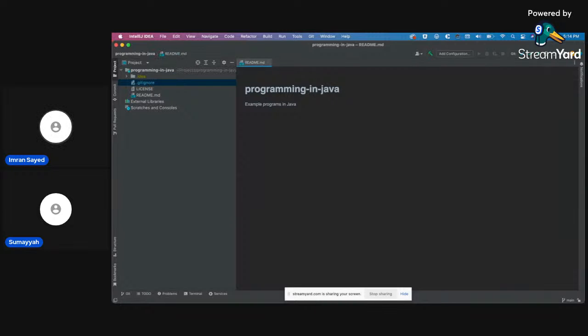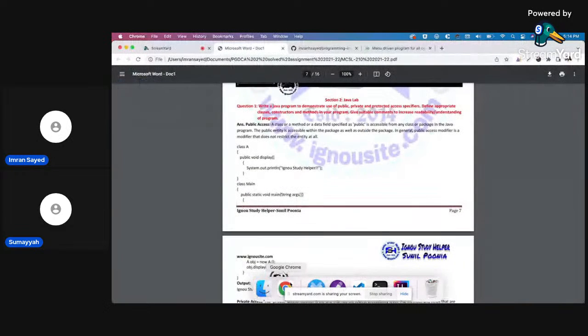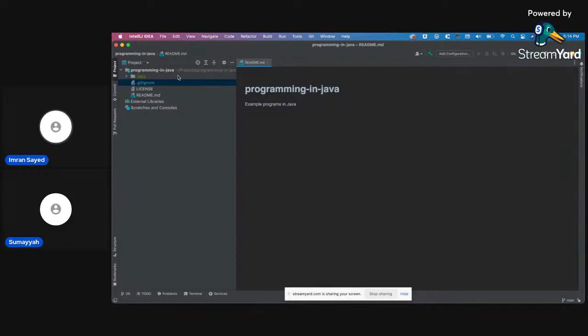So let's create a directory and we'll name it access modifiers or access specifiers.